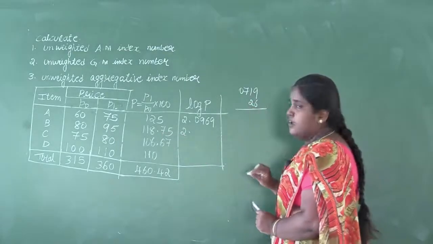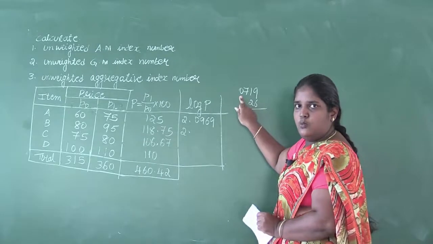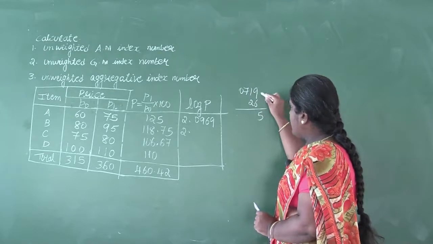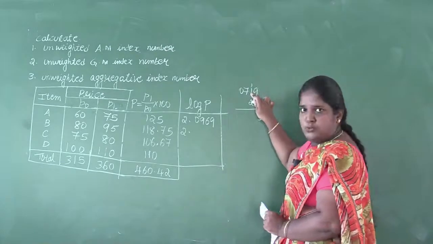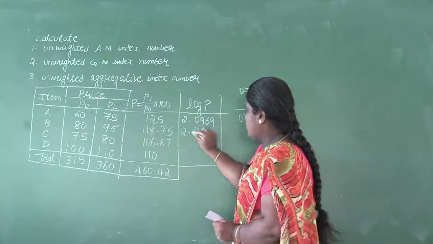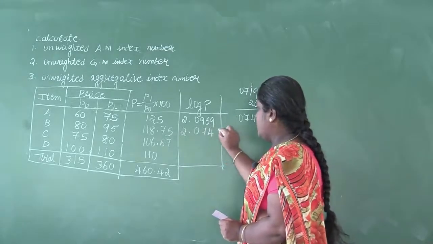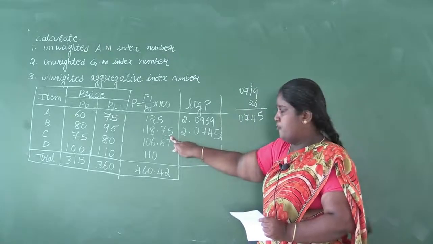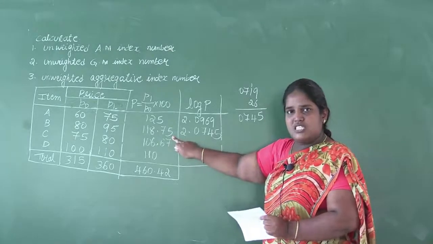So we'll add this, and we are going to do it manually. Since we have 0 in the beginning, we can't take it in the calculator, so we'll do it manually. 9 plus 6 is 15, so 5, 1 carry. 1 plus 1, 2, plus 2, 4. So we'll get 0745. So the table value for 118.75 is 2.0745. You cannot see the logarithm value for beyond 4 digits. Only for 4 digits you can see, so this 5 cannot be seen.